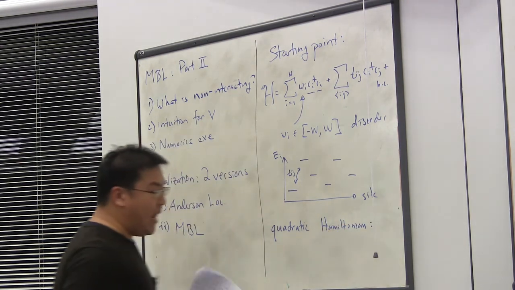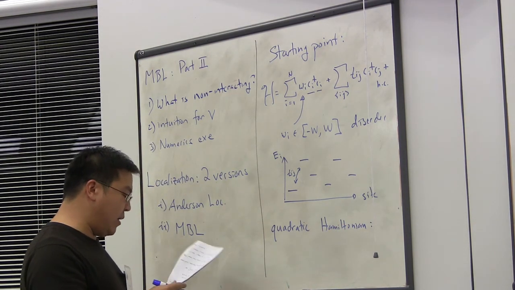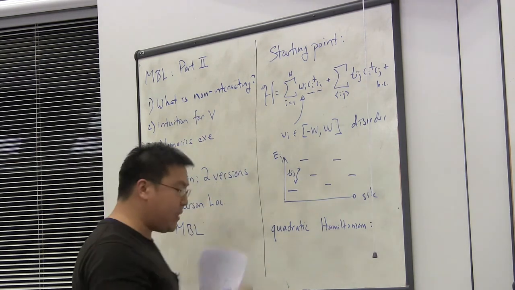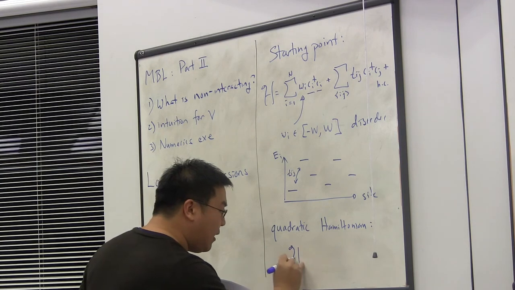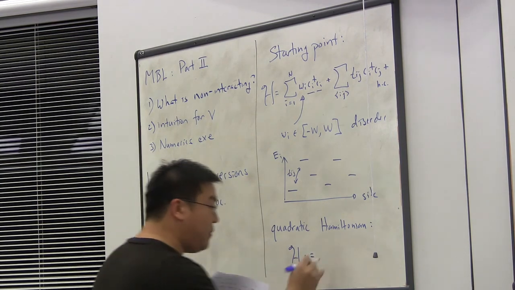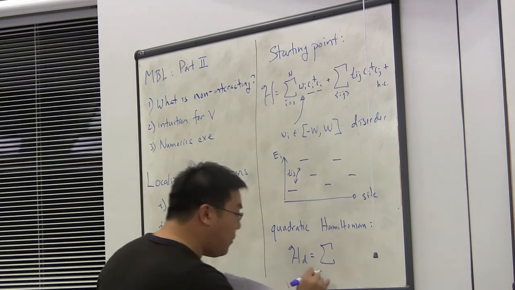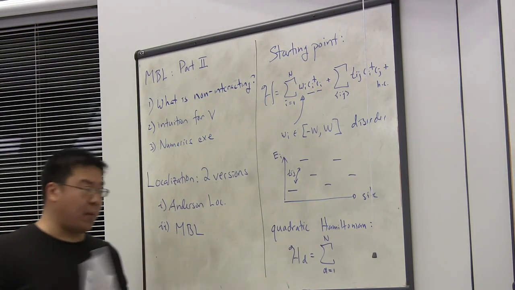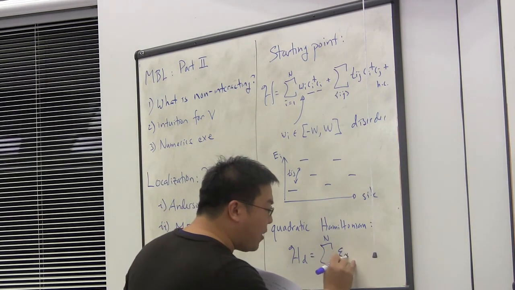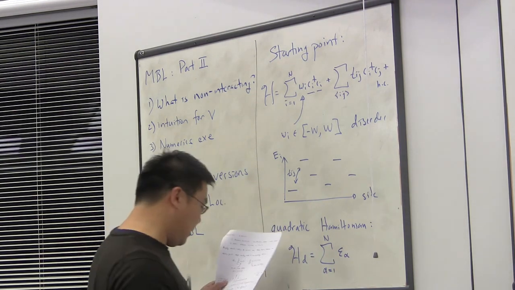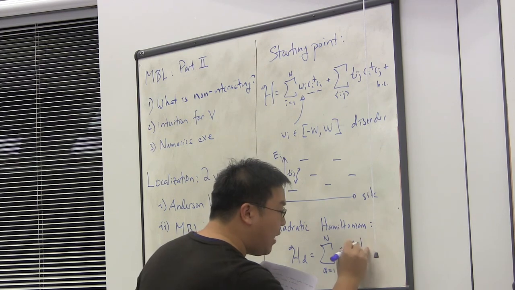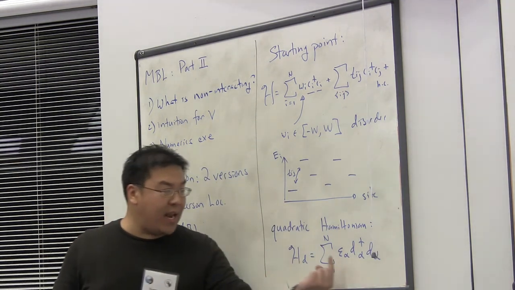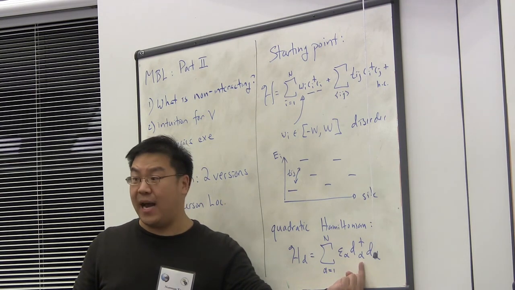And the key is that in the context of this quadratic Hamiltonian, it turns out when one diagonalizes this Hamiltonian, so we go into a diagonal basis, this diagonal Hamiltonian can always be written as a sum over orbitals that we imagine running from 1 to n. Each orbital has an energy epsilon alpha, and I'm going to write the operators associated with the creation of a fermion within orbital alpha as d alpha dagger.